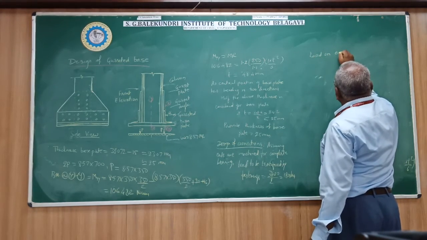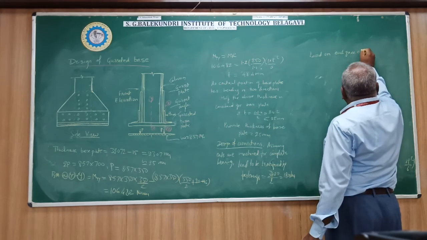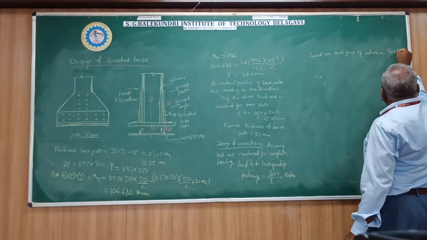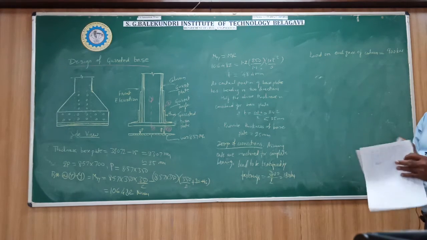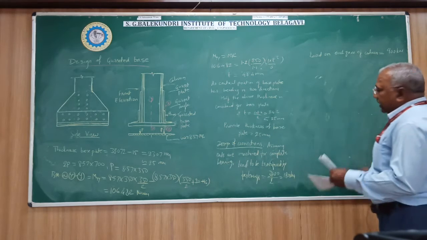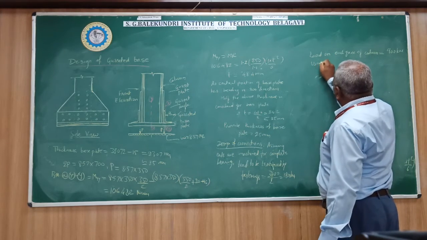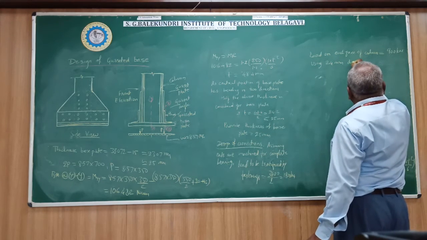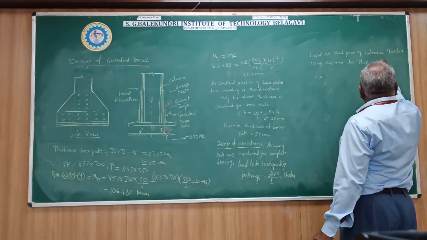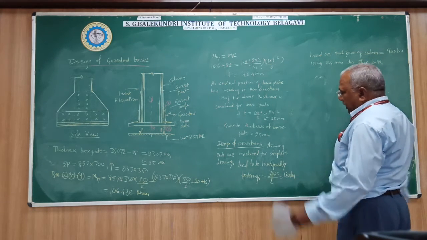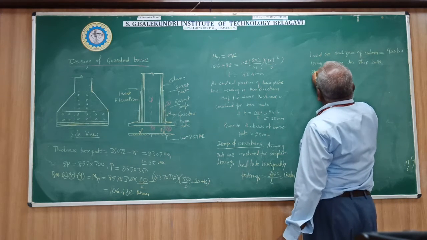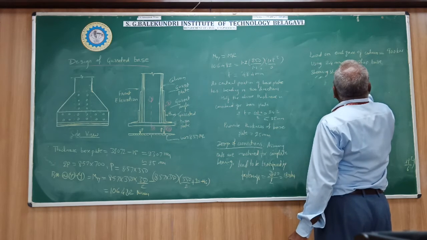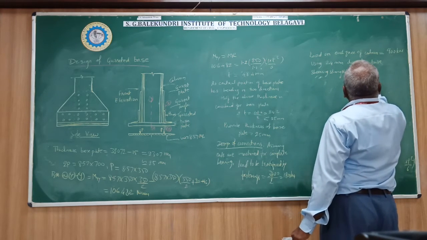Load on each face of the column equal to half, 900 kilonewtons. Now using 24 mm diameter shop bolts, the bolt value we have to find out. So the shearing strength of the bolt is equal to